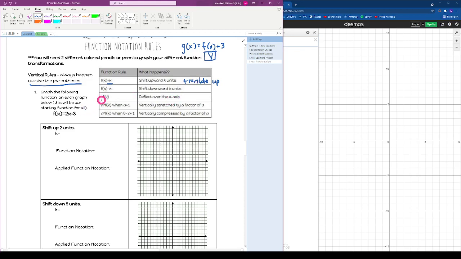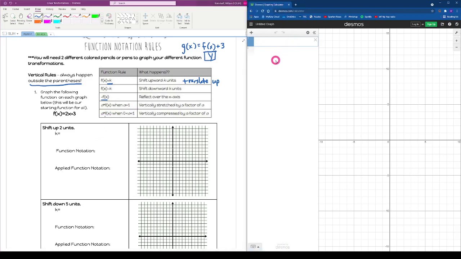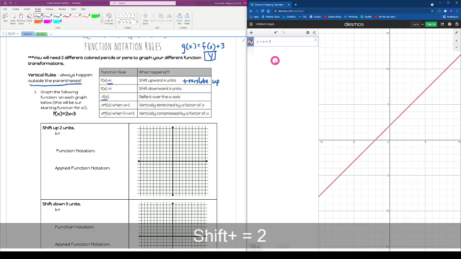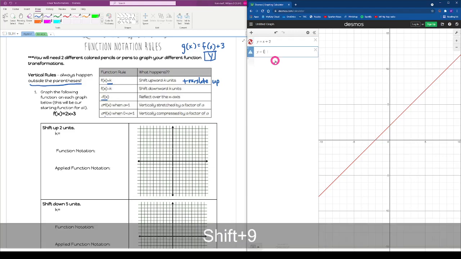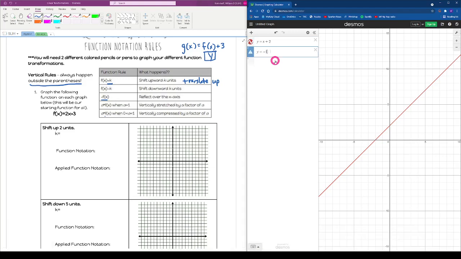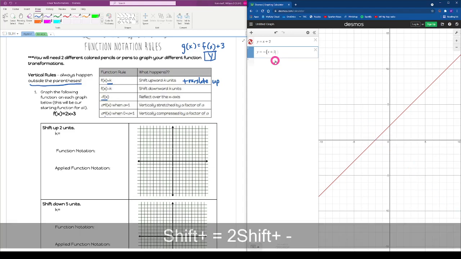When we make a function negative, so if g of x is the opposite of f of x, that means our new y values are all the opposite of our old y values. So let's think of how that would look. I'm going to use Desmos as the calculator today. It works very similarly to the TI calculator graphing, but it'll be a little easier for me to show and switch things around quickly. So let's say our original function was y equals x plus 2. If we make a new function that says y equals, and then we put all of that as a negative, so negative whatever the first function was, so negative x plus 2,